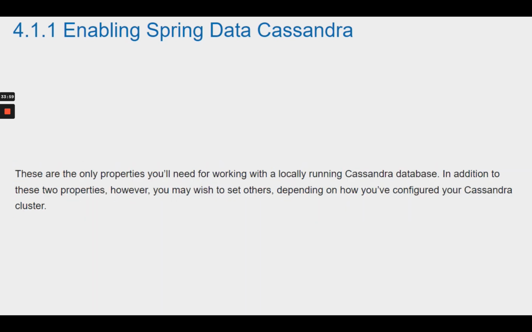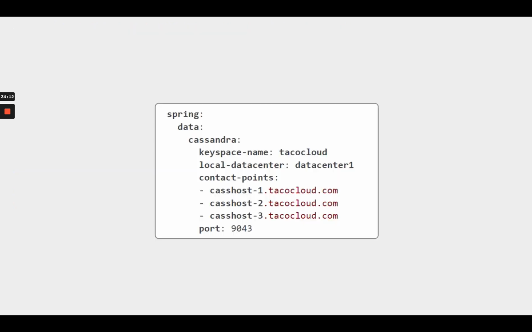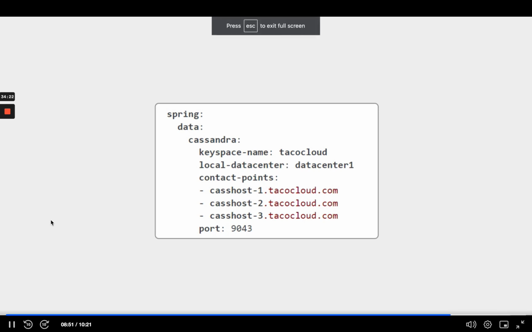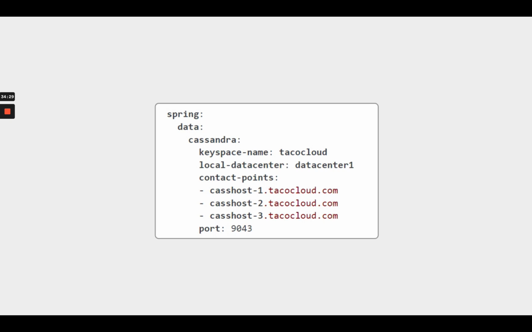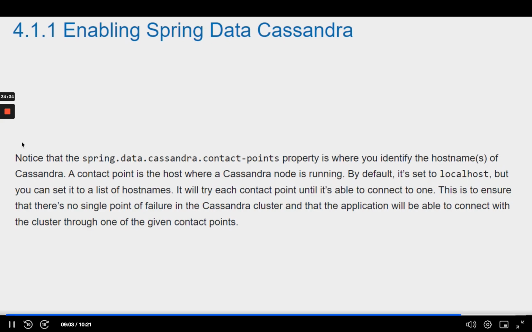These are the only properties you'll need for working with a locally running Cassandra database. In addition to these, however, you may wish to set others, depending on how you've configured your Cassandra cluster. By default, Spring Data Cassandra assumes that Cassandra is running locally and listening on port 9042. If that's not the case, as in a production setting, you may want to set the spring.data.cassandra.contact-points and spring.data.cassandra.port properties as follows. Notice that the spring.data